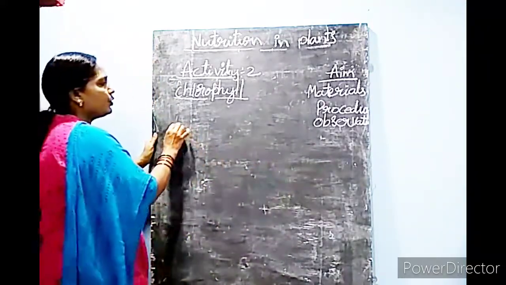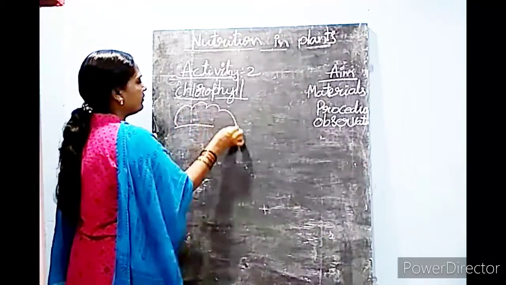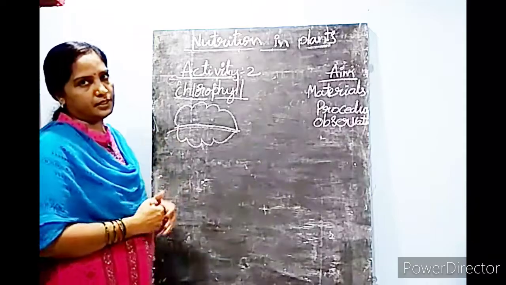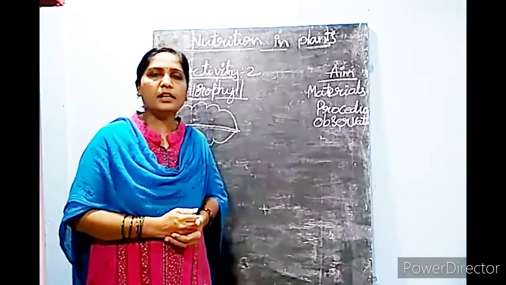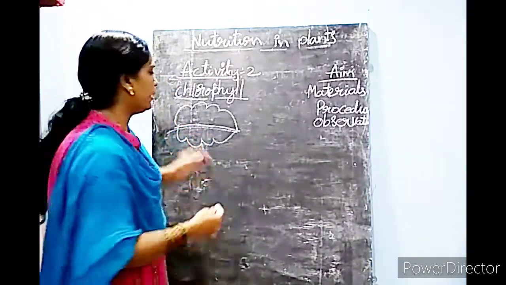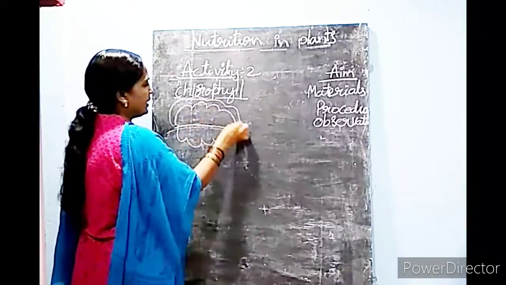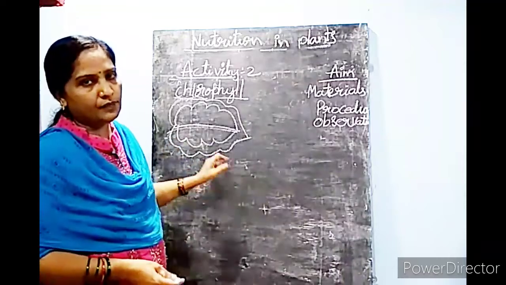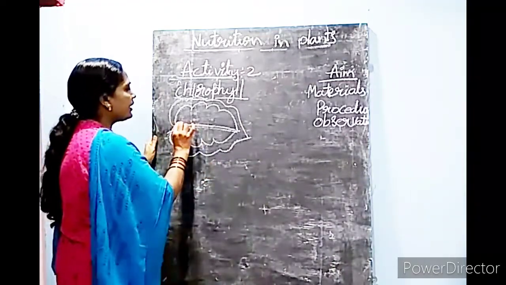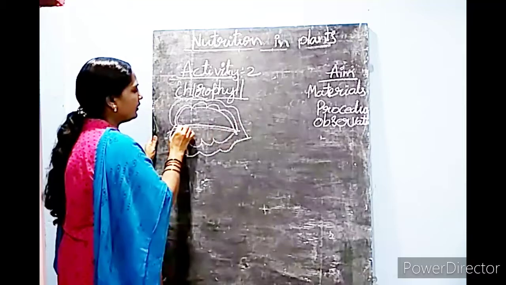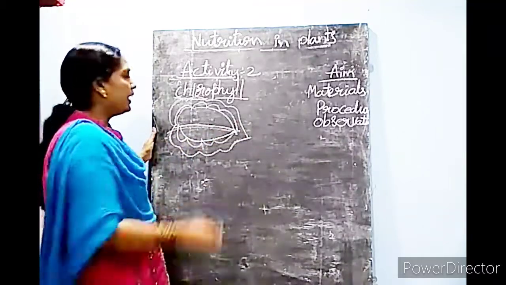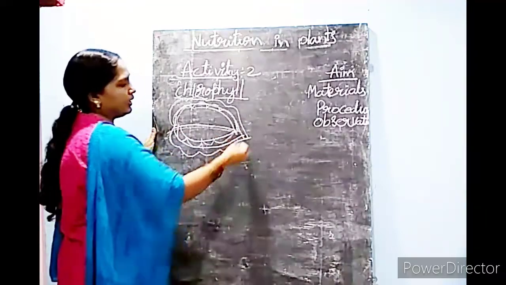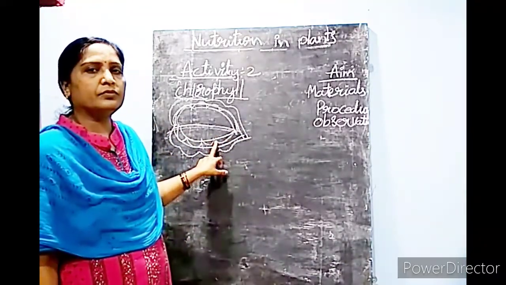For this, you choose one croton leaf. Croton leaves will have different colors. Not only the green color, they'll have different colors, right? So you take one pencil and mark it where it is showing the different color. Where is green color? There you mark with pencil like this. And where it is showing the other colors, that also you mark like this.